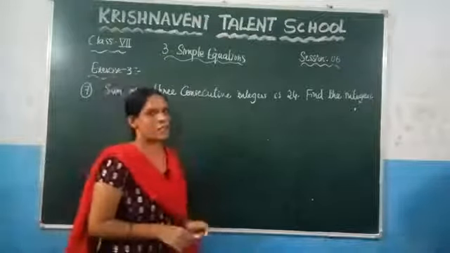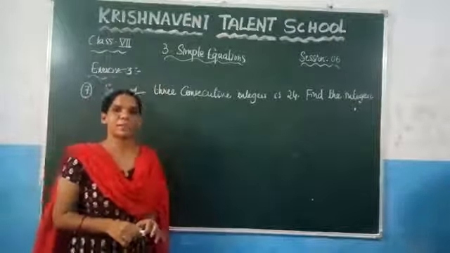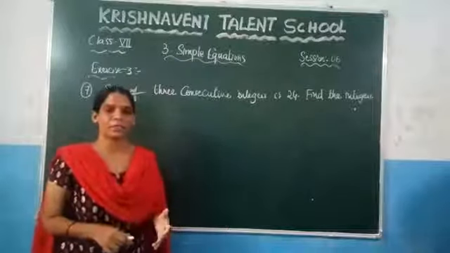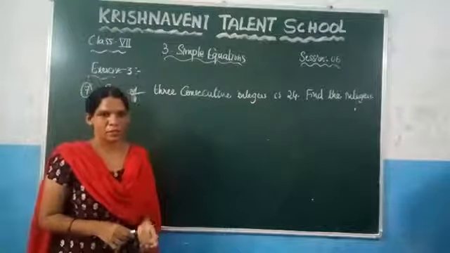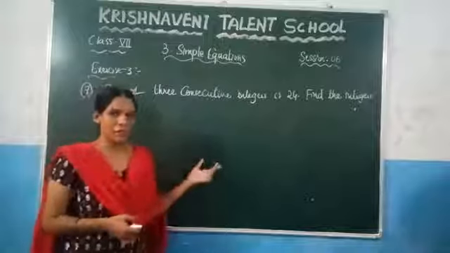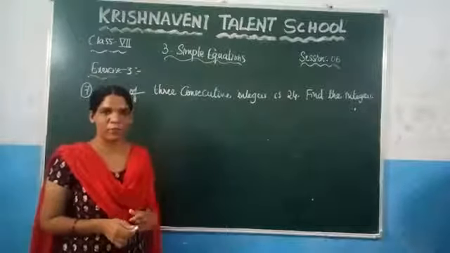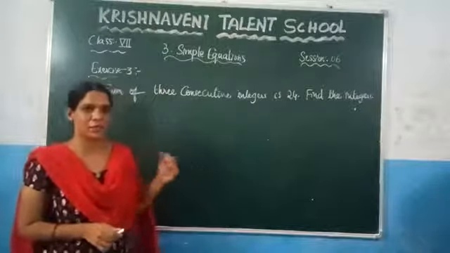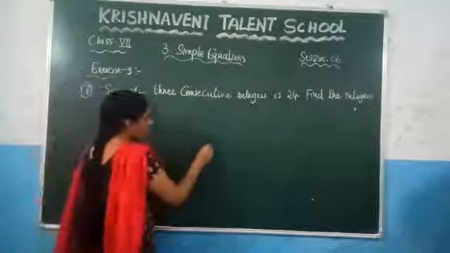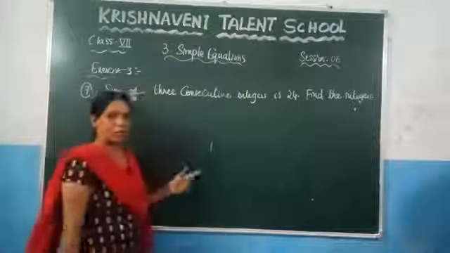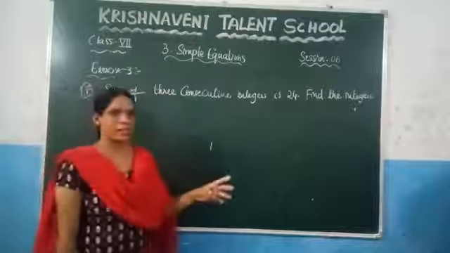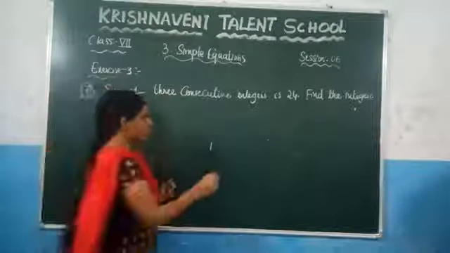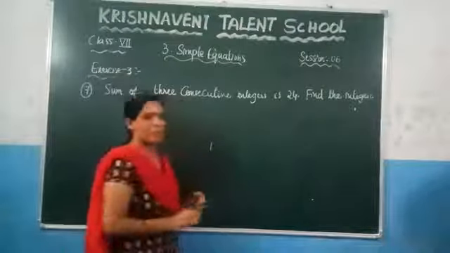Before that, you need to know the meaning of consecutive. So what is meant by consecutive? Consecutive is nothing but the next number. The next number of the given number we call a consecutive number. To understand this, let us consider a few examples. What is the consecutive number of 1? After 1, you will get 2. So the consecutive number of 1 is 2.